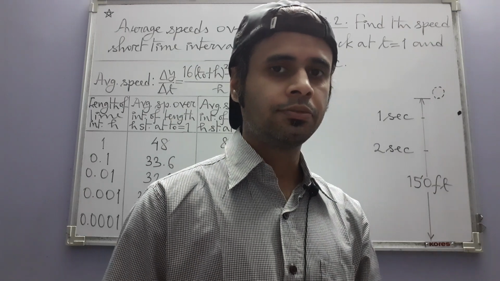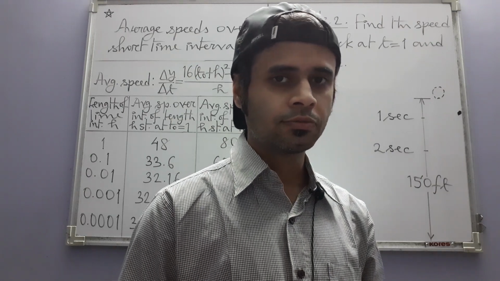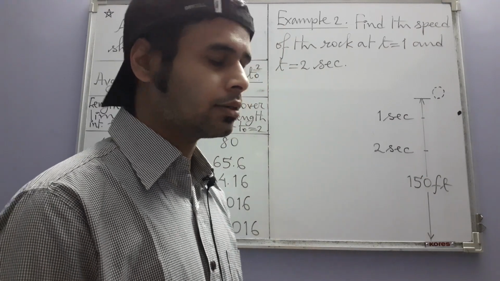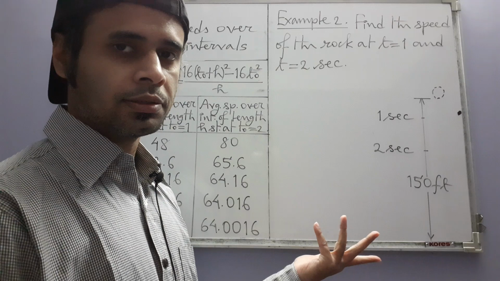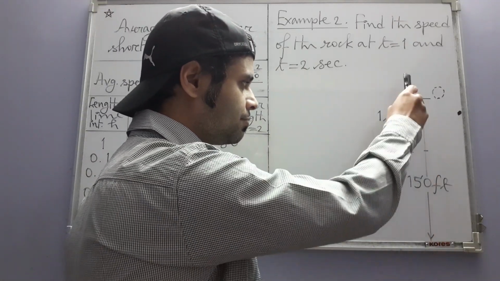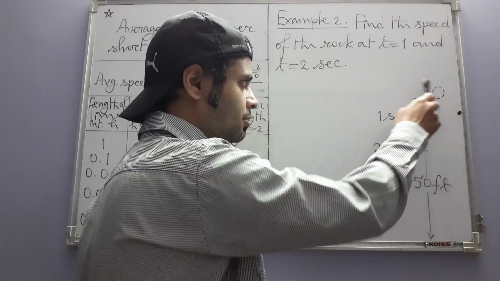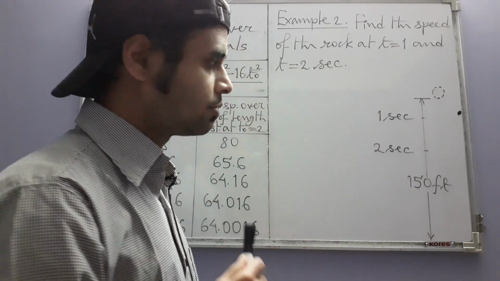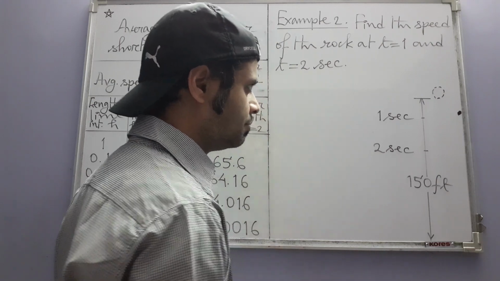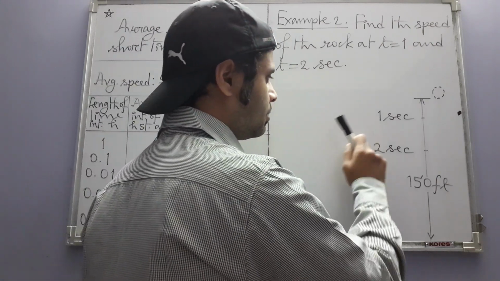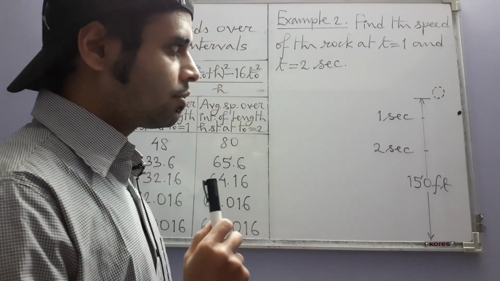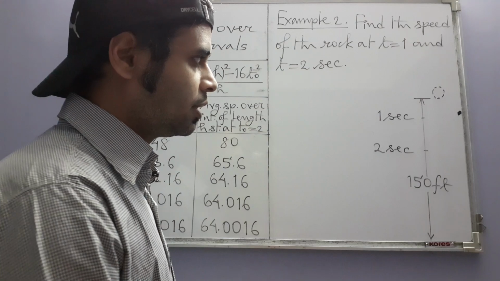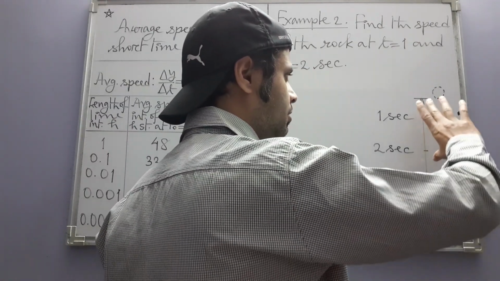So let's recall that we are trying to motivate the notion of limit, and for that we have already seen example 1. In example 1 there is a 150 feet cliff from the top of which a rock is released, and the rock comes down under the influence of gravity, under its own weight. So in example 1 we have already calculated two average speeds,